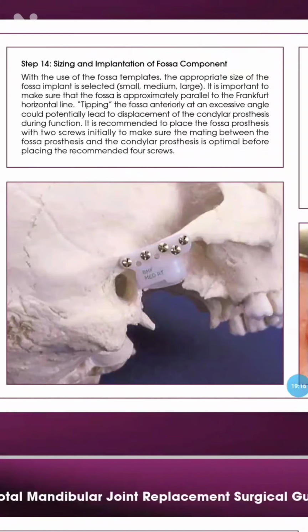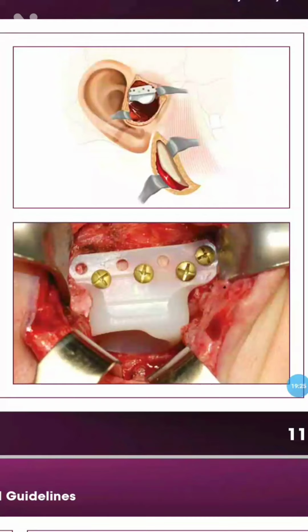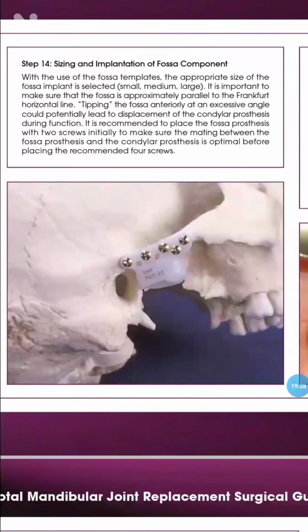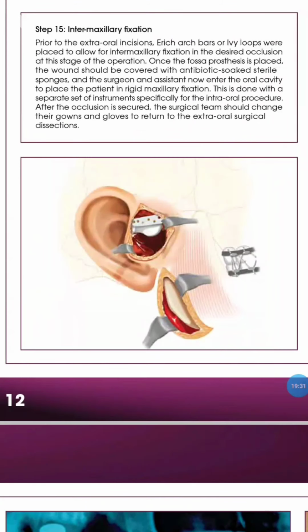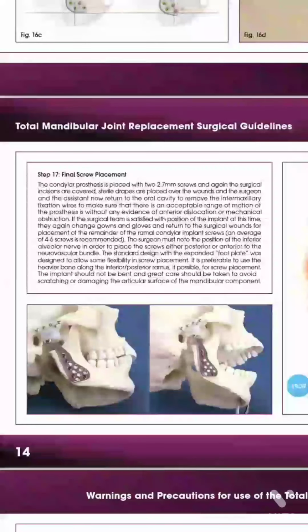It's removed to check the functionality of the joint before you place the final screws on the ramal condylar component. So you have the fossa component and then you have the ramal condylar component. The lower one is the ramal condylar component, and the part that is placed on the zygomatic arch is your fossa component.